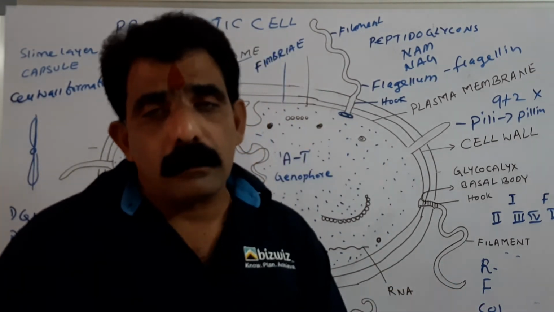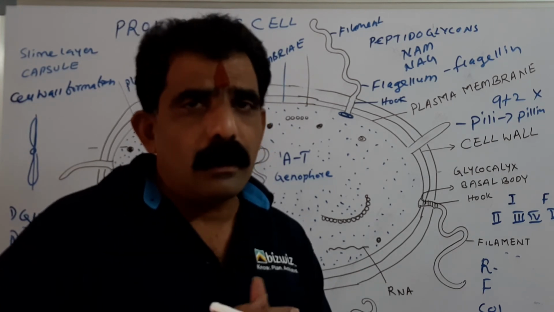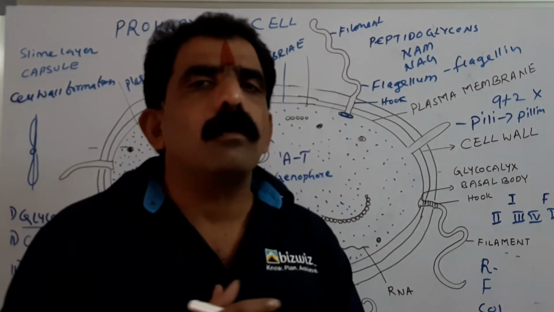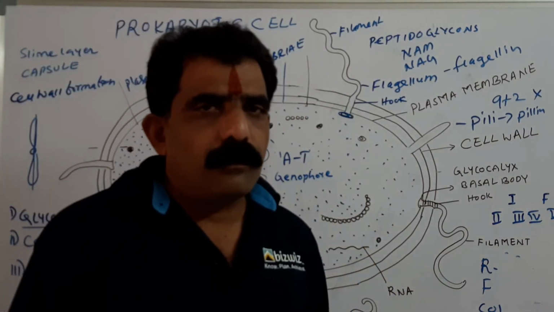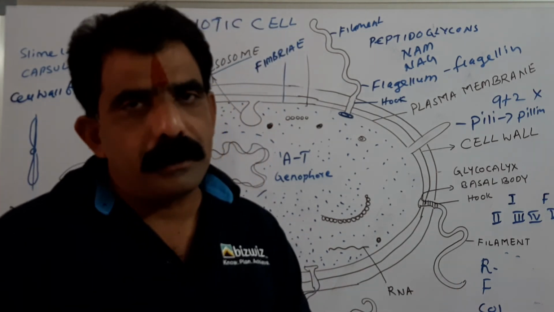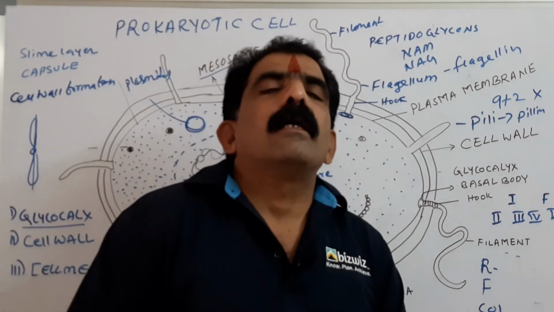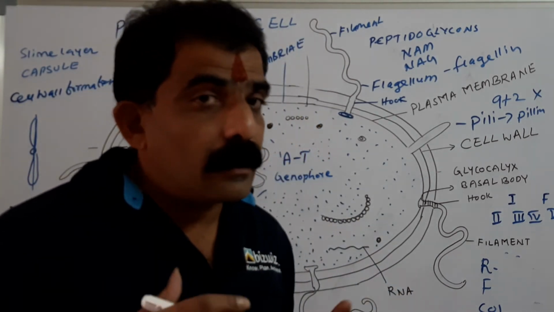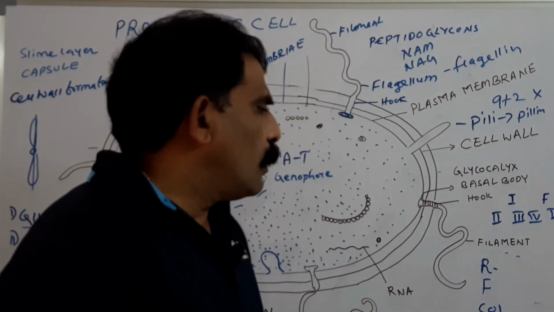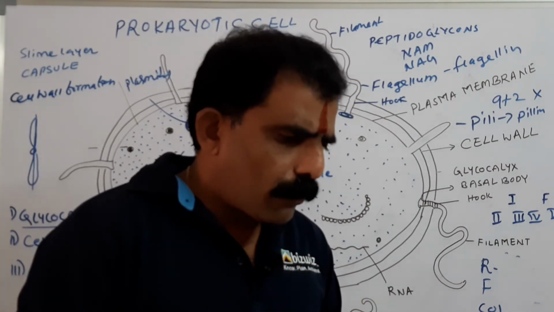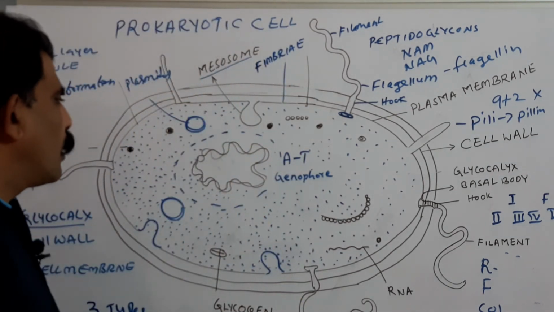Whereas Col plasmids, colicinogenic plasmids: colicins are toxic compounds produced in E. coli, and these plasmids are responsible for the synthesis of colicins. Whereas Ti plasmids are tumor inducing plasmids. In Agrobacterium tumefaciens, Ti plasmids are present. When these plasmids are injected into the host, they convert normal cells into cancerous cells, inducing tumors. Like this, plasmids confer various phenotypic characters to the bacteria.